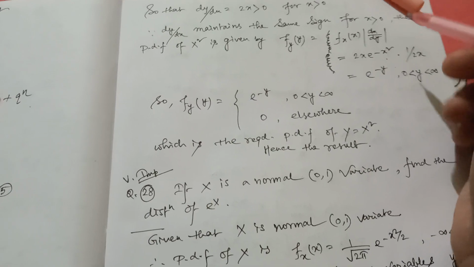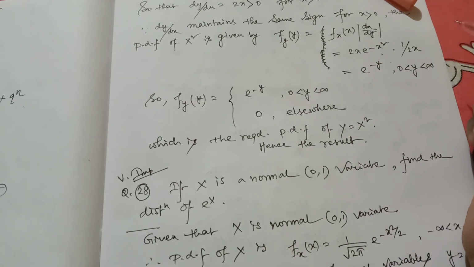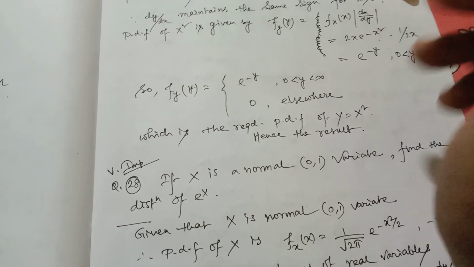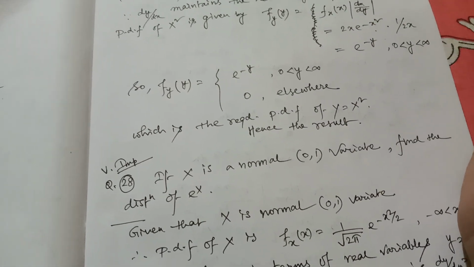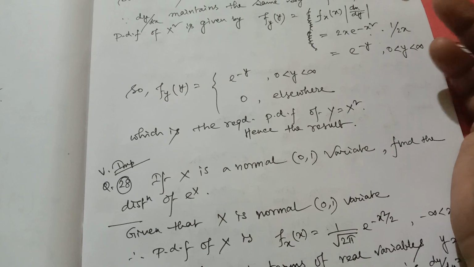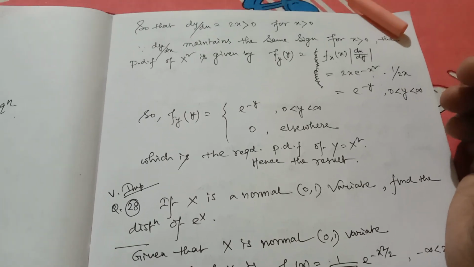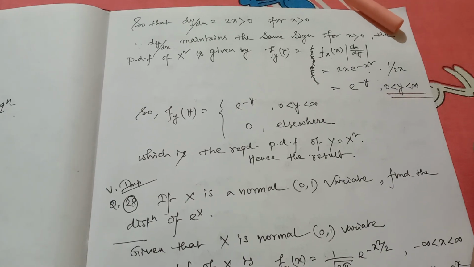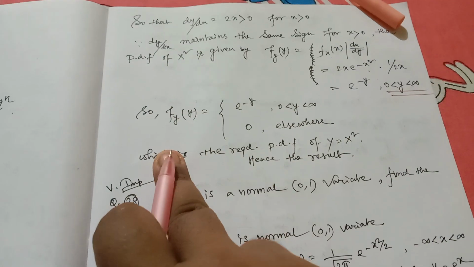This was your substitution, so it will be e to the power minus y. And hence you can say whenever x tends to infinity, y is also tending towards infinity, and x is non-negative, so y is also non-negative. That means the range for y will be 0 less than y less than infinity, and hence required density function,